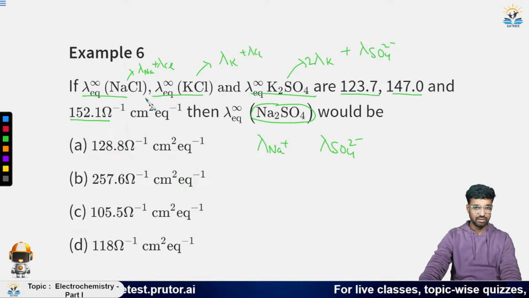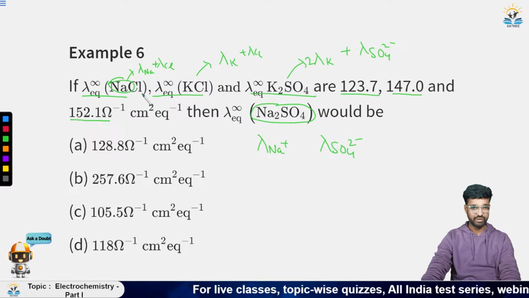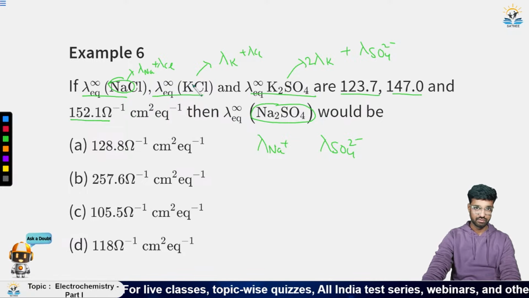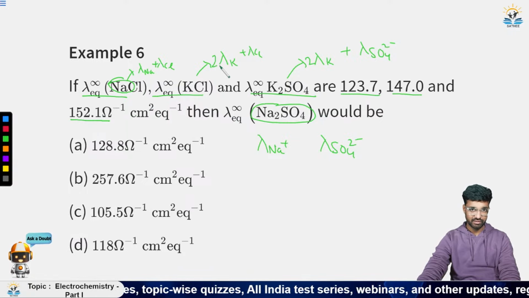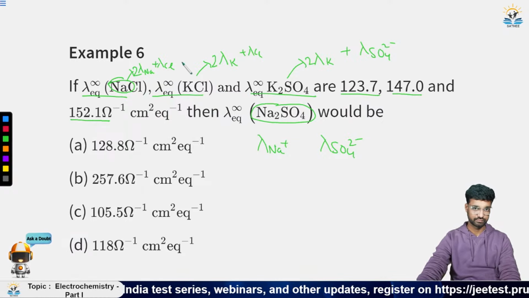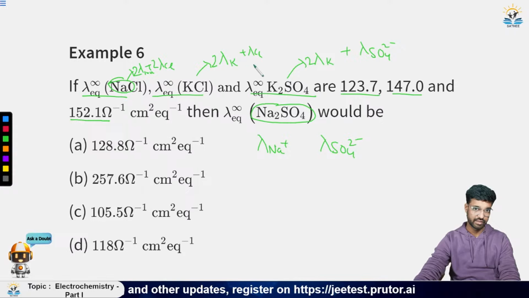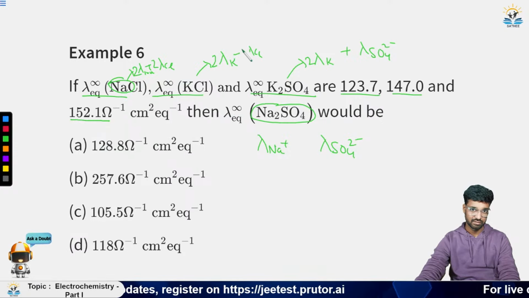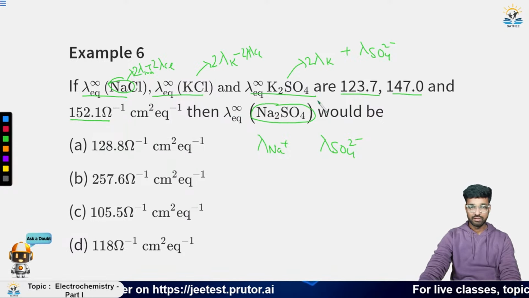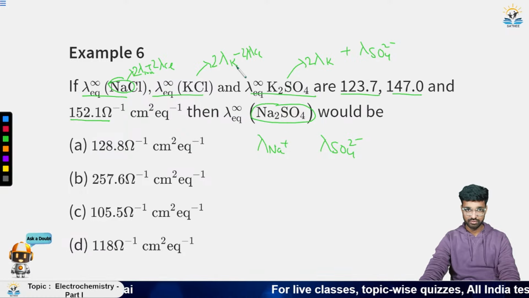Now first of all, we need it for Na, but we do not need K, so we will multiply this by 2, and also this by 2. So it will give us this thing and this thing. Now if you add this to this thing,